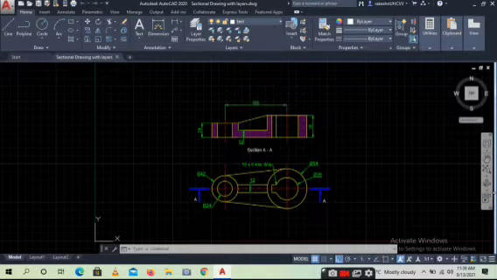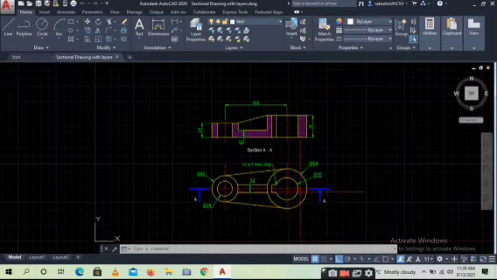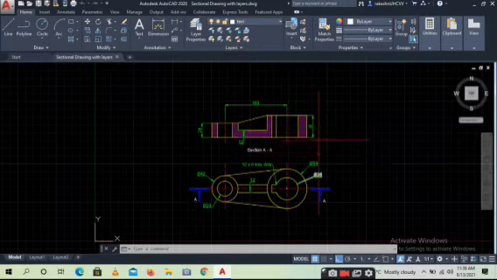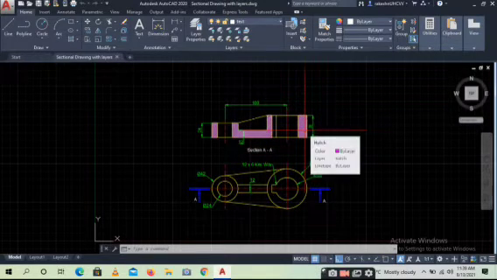Understood? So what I have done is I have created different layers. The object line is one layer, the center line is another layer, the dimension is the third layer, the hatch is the fourth layer,